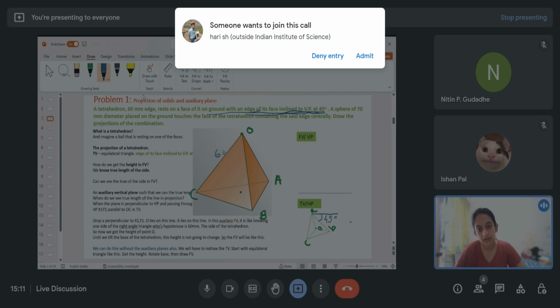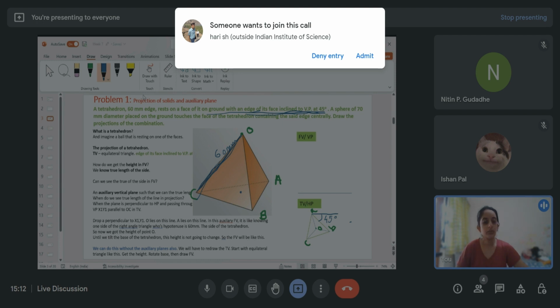We only know this is the true length 60 mm, but we do not know its elevation angle with any of the planes. So when will we see the true length of any line? We will see it when that line is parallel to one of the projection planes. So if this line OC is parallel to VP, I'll see the true length in the vertical